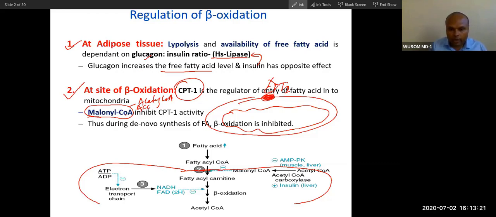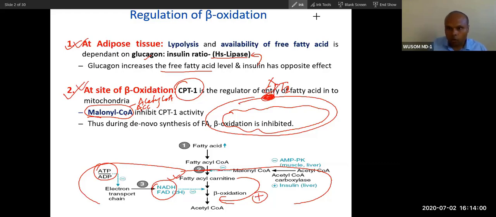Now, when there is a high amount of fatty acid oxidation, the product will inhibit the reaction. The products are NADH and ATP. Ultimately, the product will inhibit fatty acid oxidation, and the reactant will have a stimulating effect. If there is high fatty acid, it will stimulate fatty acid oxidation. Product, that is NADH, FADH, will inhibit the reaction. This is feed forward stimulation, feedback inhibition. That will work here. Now, these two are more important than this.